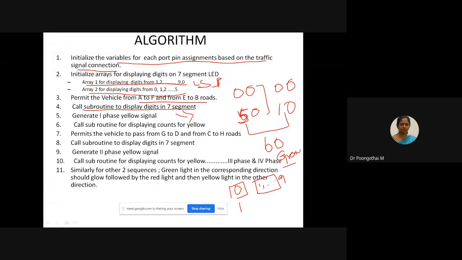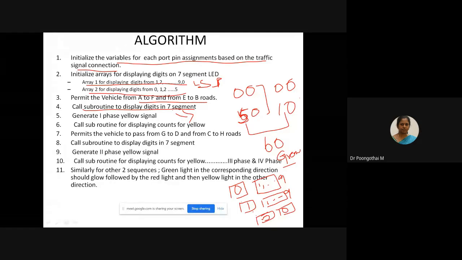The next sequence is 1, again 1 to 9, up to 50. This is the first display routine, so you have to generate the delay for 50 seconds, okay?